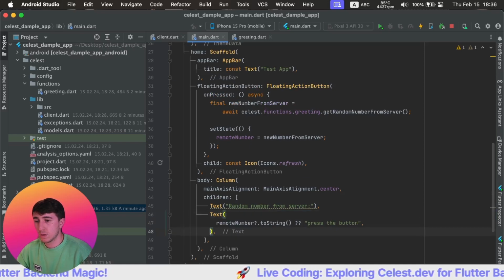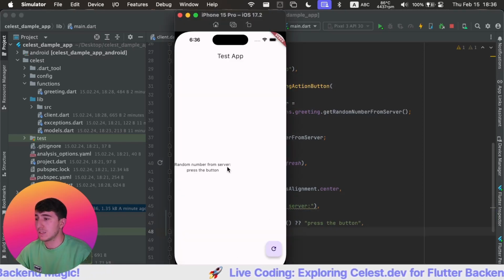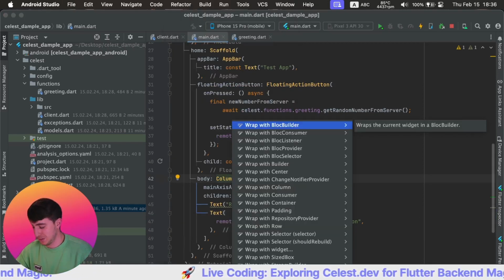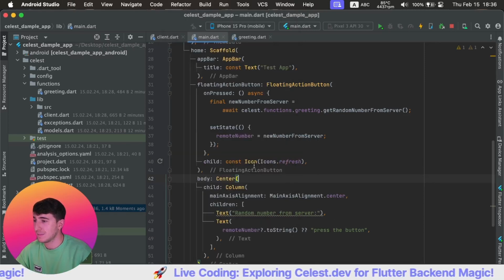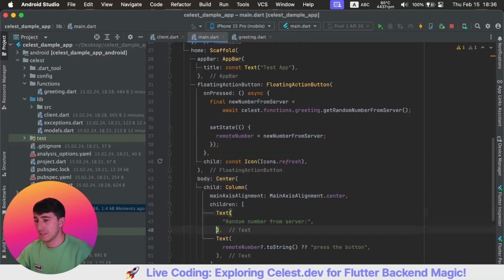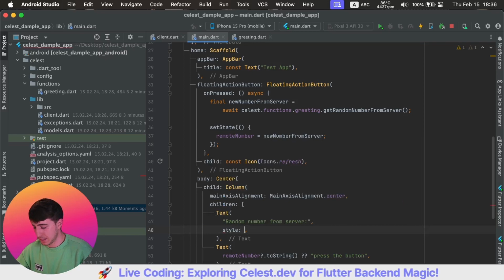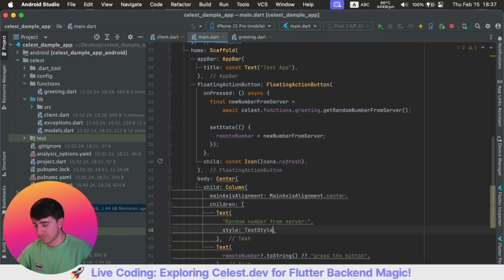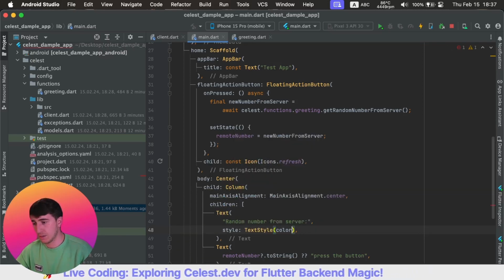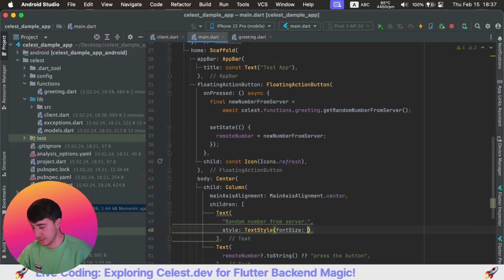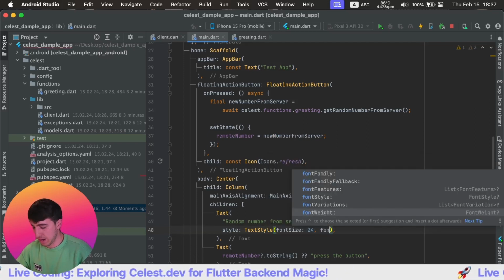Beautiful. Let's look at how it's looking. Okay, it's looking very bad. Let's improve it just a little bit. Center. Great. Let's make this text way bigger. Text style. Text style has no color, a font size of, let's say, 24, and a font weight